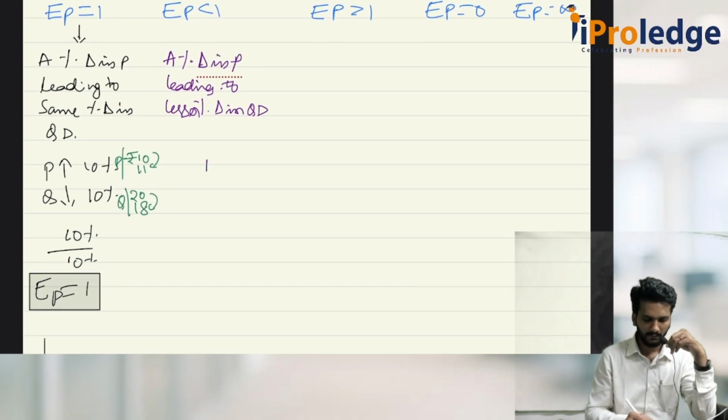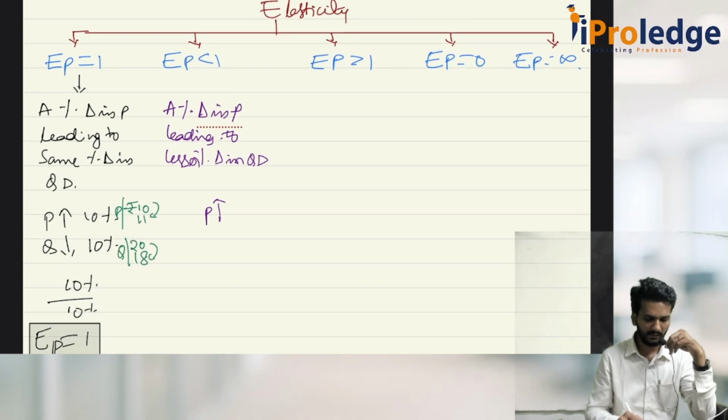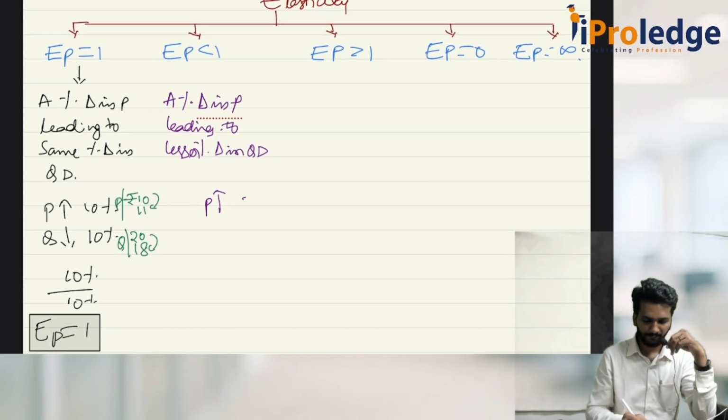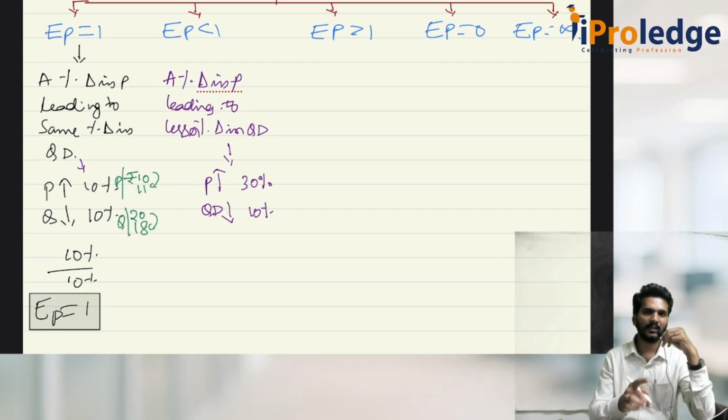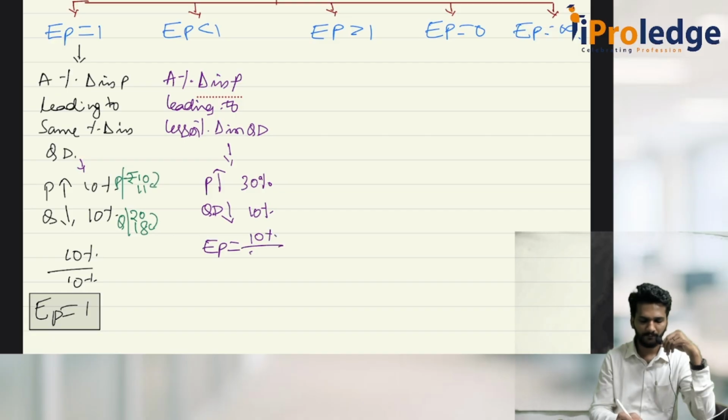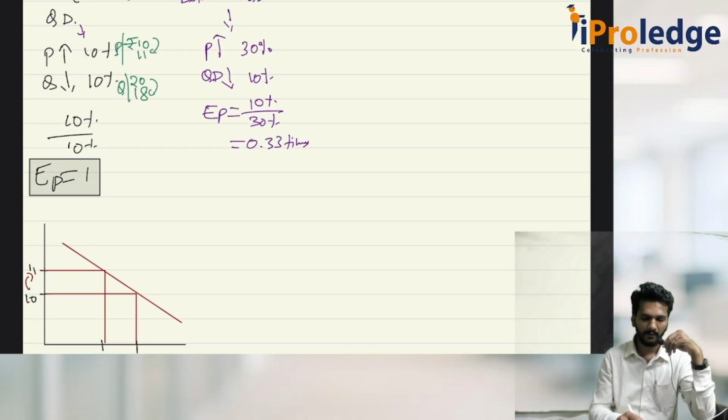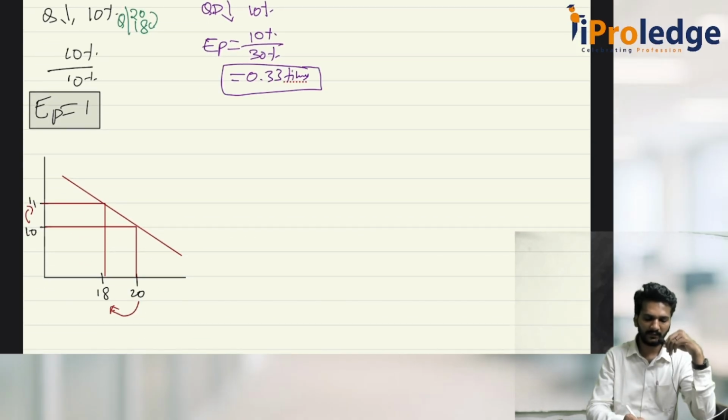Like when the price increased by 30%, the quantity demanded has decreased by only 10%. So if you do it, 10 by 30 is 0.33 that will come as the elasticity of price. So elasticity of price equals the change in quantity, 10%, divided by 30%, which is equal to 0.33 times. If I just draw the diagram for this,